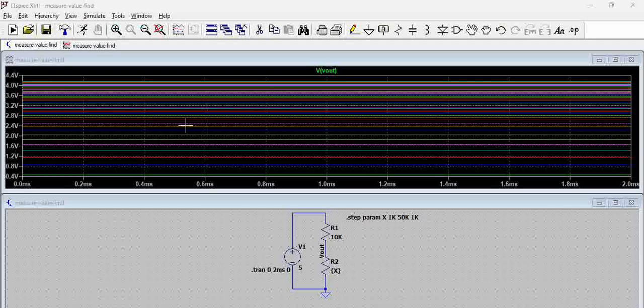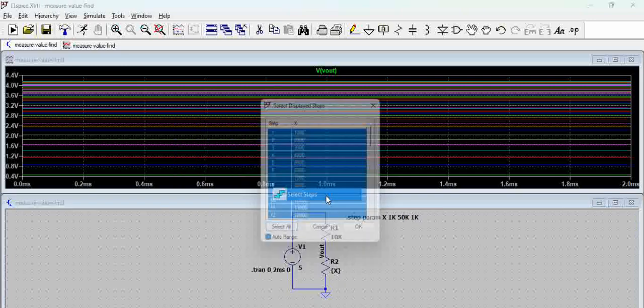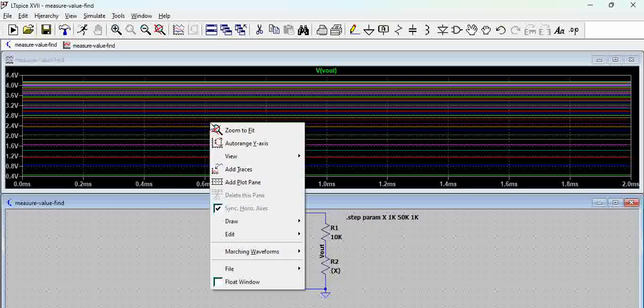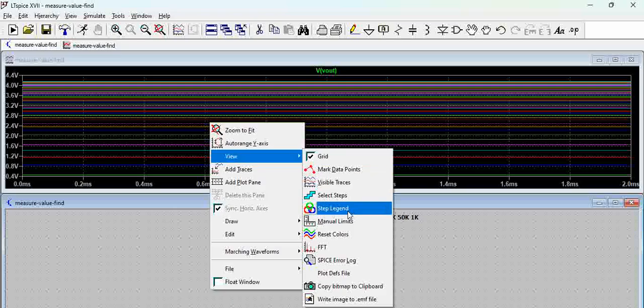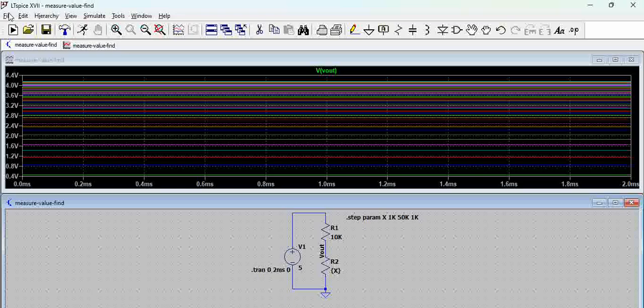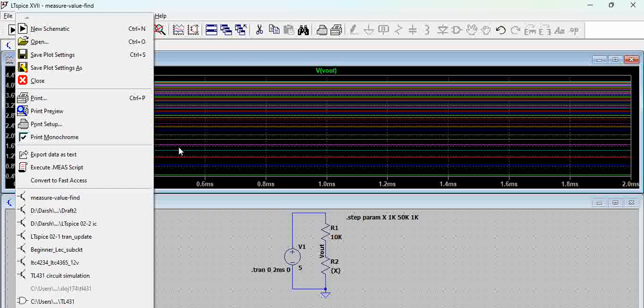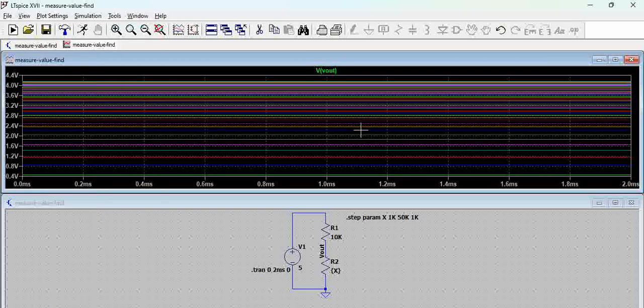When you have this many results, what you generally do is go to the View, select steps, or go to the step legend and see what the different runs associated are, or go to File and export data as text to see the results. In this case there are 50 iterations of resistor done. Now let us assume there are 1000 iterations, okay,